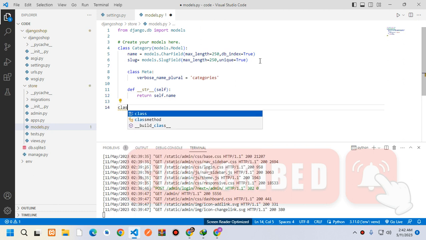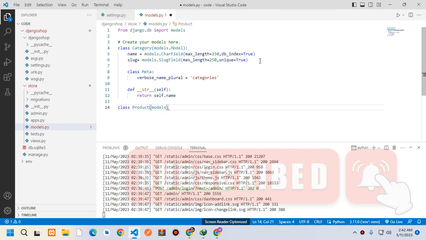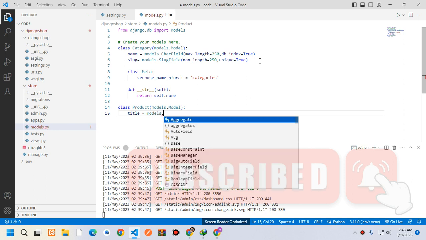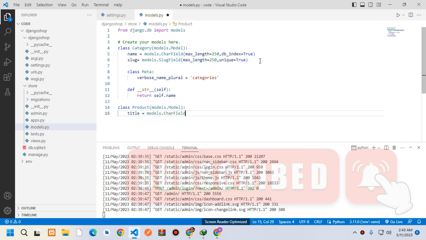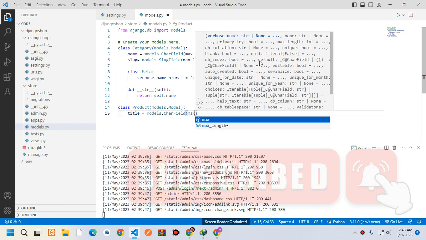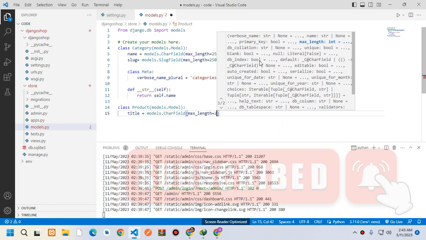Okay, now we are going to give the product model. There should be a title in the product, so title should be models.CharField, max length 250,